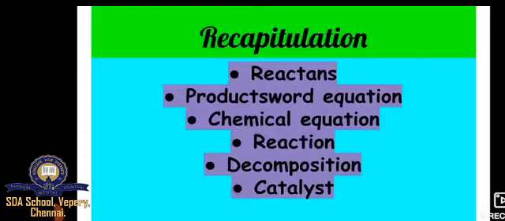A recapitulation of what we studied in the last class. A reactant. Reactant means the things that are going to react with one another. Which one is going to combine with another one, we can call them reactants. And then product. Product means after combining, we are getting a new thing. That new thing we can call a product. And then we can express that in a word equation. In words, we have to express. For example,